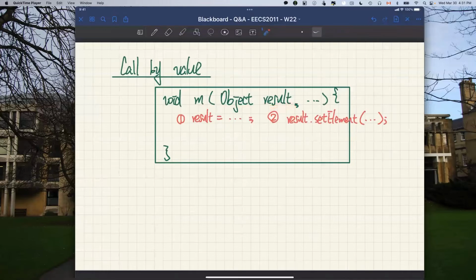Let me show you why number one over here is not going to modify the objects, but number two is going to. So Adnan, if you somehow thought you were doing number two but you're not really modifying the original object, there may be some minor detail in your code that makes this happen. I need to take a look. But if you were doing something like this, then that might be the reason why the global structure was not